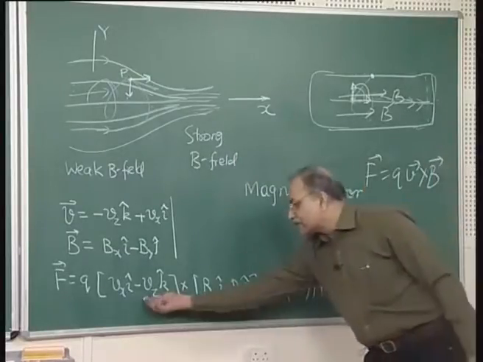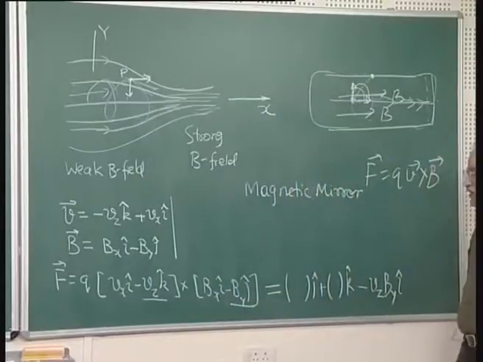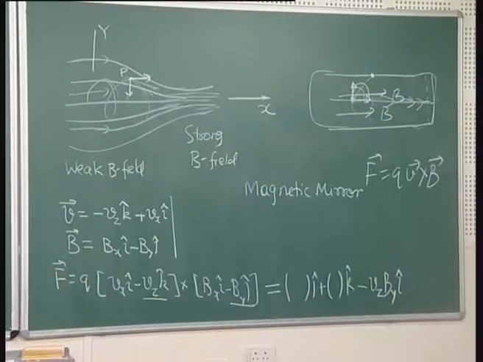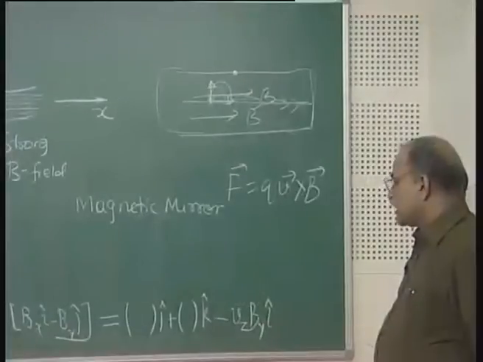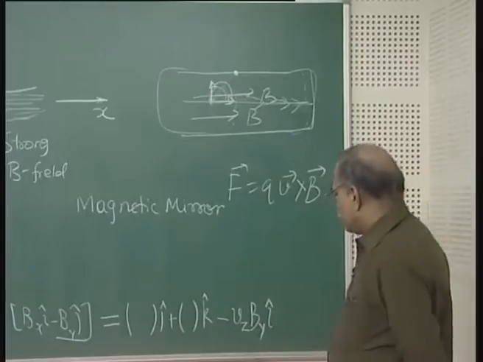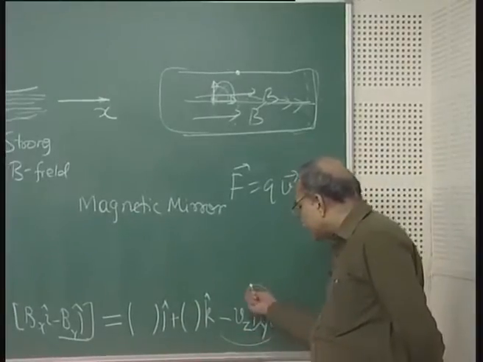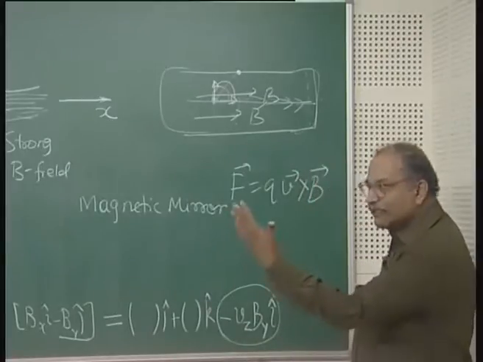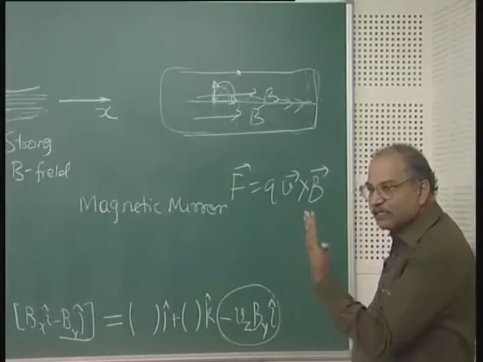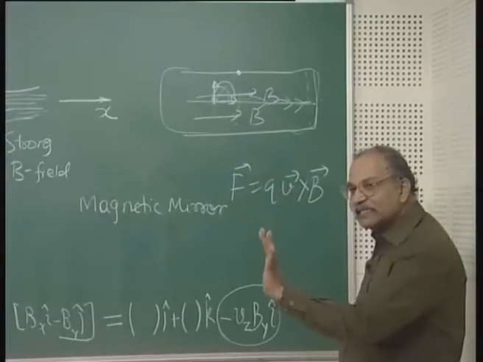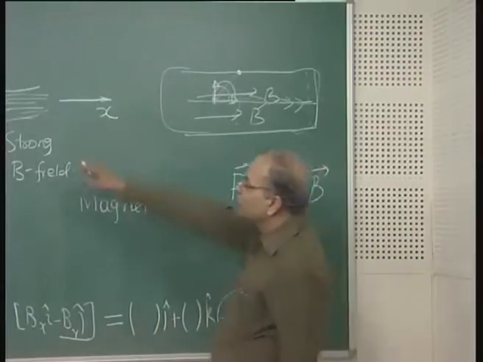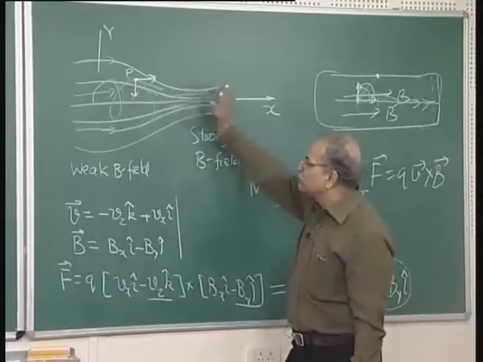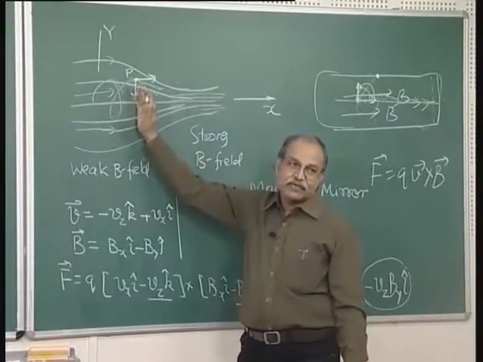Okay. So, Vz here, I am talking of these two terms. This is going to give me a product in i cap direction, this combination. So, Vz By and then k cap cross j cap is minus i cap. So, you have a force in negative x direction. The particle is coming in positive x direction, and there is a force which is in negative x direction. So, it decelerates. This is a strong magnetic field, the stronger magnetic field here is pushing the particle back. That is how it is acting like a mirror.